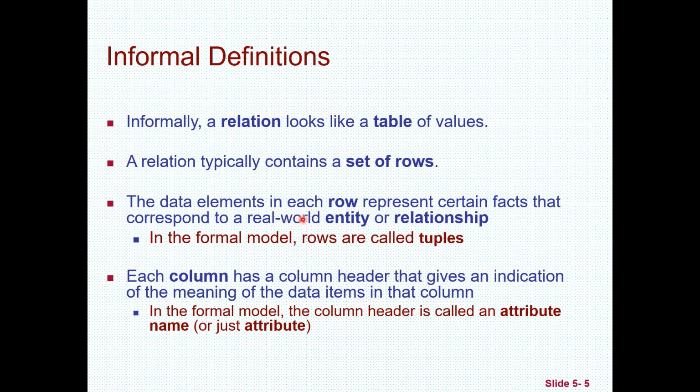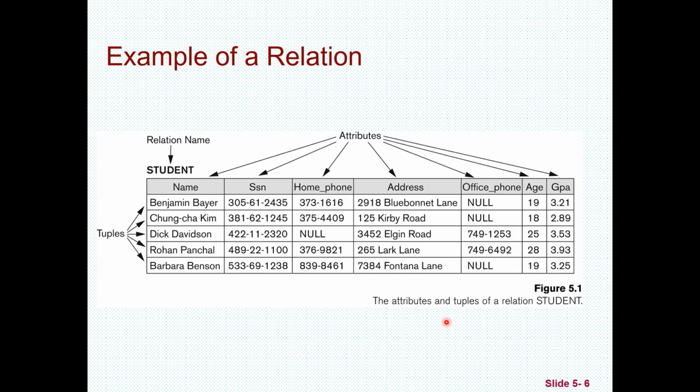ከየት ወይም ደግሞ ምንን የሚገልጽ መሆኑን ልናውቅ አንችልም ማለት ነው። In the formal model the column header is called an attribute name or just we can call it as an attribute. ስለዚህ አትሪቡት ማለት የኮለመን ሄደር ማለት ነው። አንድ ቴብል ላይ ኮለመን ሄደሮች ይኖራሉ። አሁን እንዳልኳችሁ ፈርስት ኔም፣ ሚድል ኔም፣ ኤጅ፣ በርዝ ዴት ምንላቸው they are attributes. ያንን ኤንቲቲ ሊገልጽልን የሚችል ኮለመን ሄደሮች ወይም ደግሞ አትሪቡት ብለን እንጠራለን ማለት ነው።